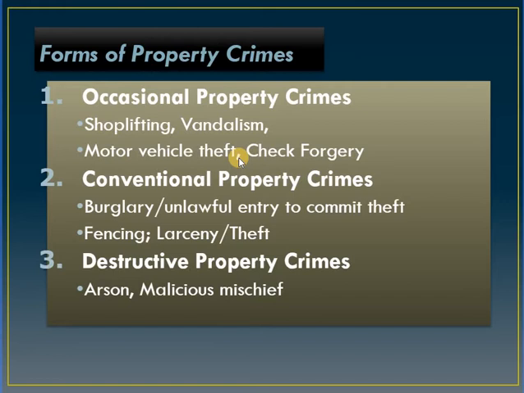Kapag ang value ng sinunog na gamit is mababa lang. Actually, sa Revised Penal Code, 200 nga lang daw eh. Kunwari, sinira mo yung pinakamamahal na brief ng boyfriend mo dahil nag-away kayo. Ayan. Sinunog mo. That is malicious mischief. Okay? Ang arson, ito na yung pangmalakihan. For example, you're putting into fire yung mismong building niya, yung mismong room niya.